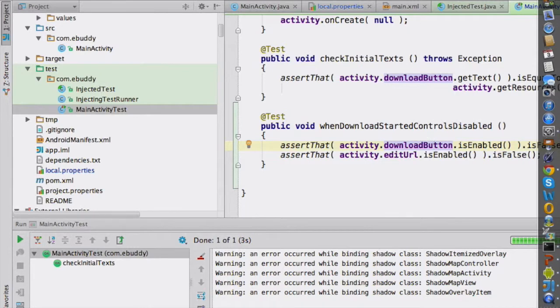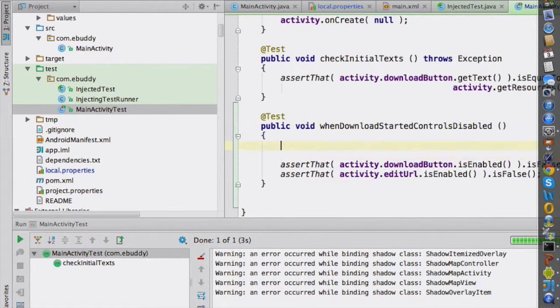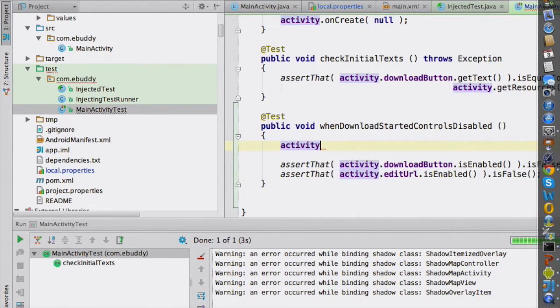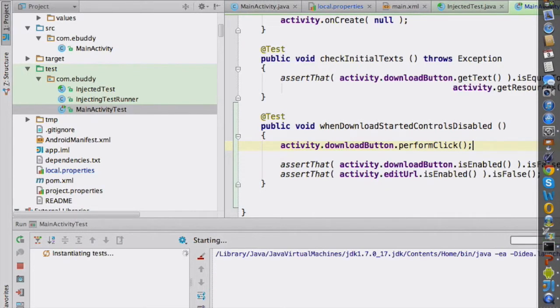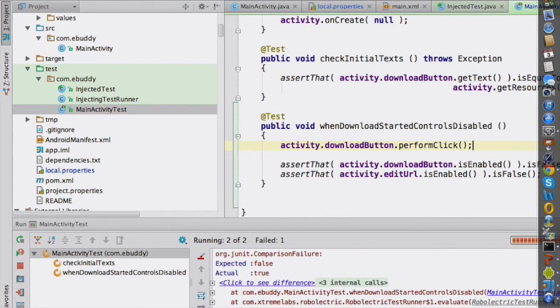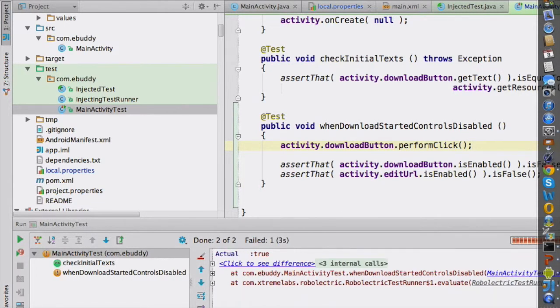So I have assertions, and we need to somehow get into this situation. So we suppose that the user clicks on the button, and we expect that something happens. So this situation should be there. When we run this test, yeah, it's running. Boom. First test passes, second one no. Oh yeah, it's correct because we didn't implement the